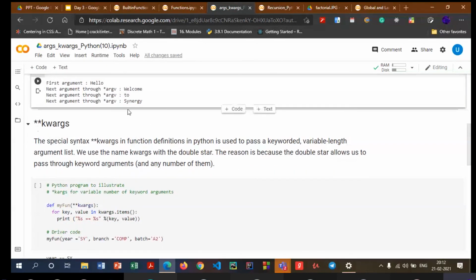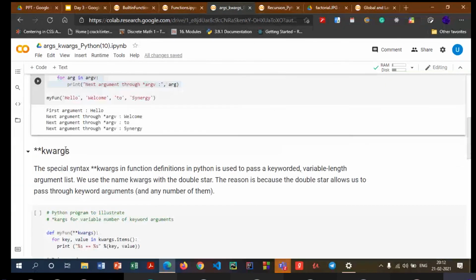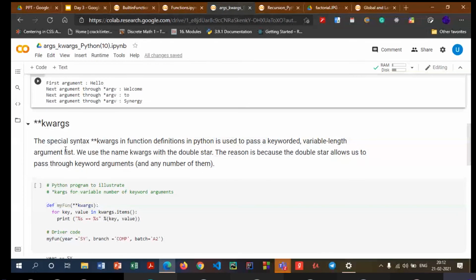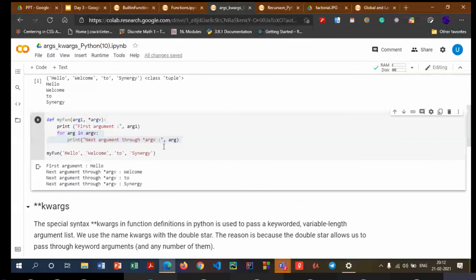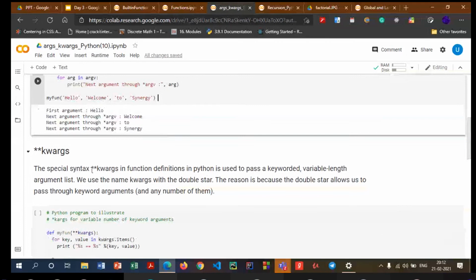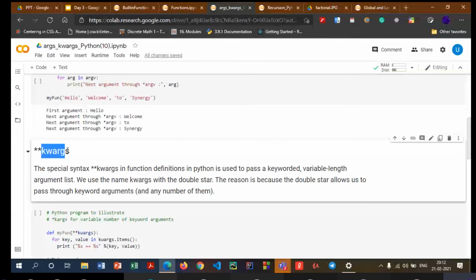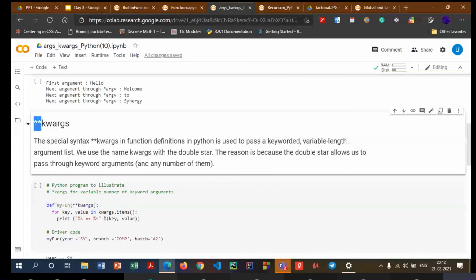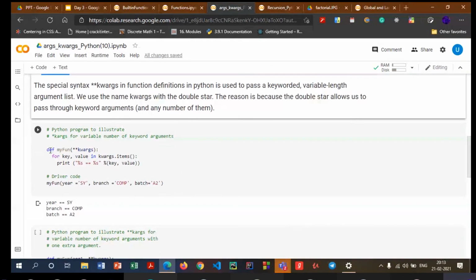Now, similar to this, we can also pass a number of keyword arguments. So this was just passing normal arguments, which we have seen. We can also pass a number of keyword arguments with the help of **. So we write ** and then the variable name which will accommodate all those keyword arguments. All the keyword arguments which we are going to pass will be stored in the form of a dictionary. So let us have a look at this function myfunc.